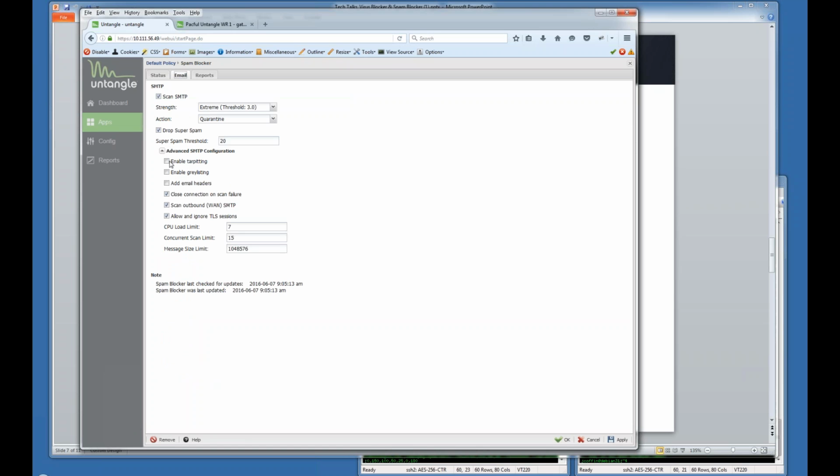Enabling tar pitting helps in two ways, because if the spammer on the other end receives notice that their email was stopped or rejected, they're going to try a different email and just sometimes pound